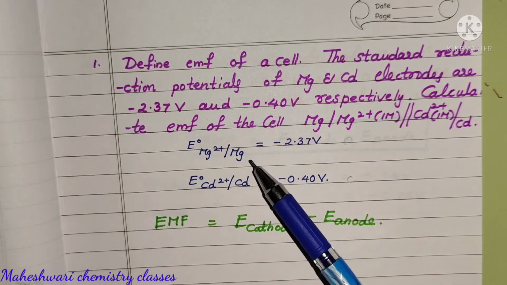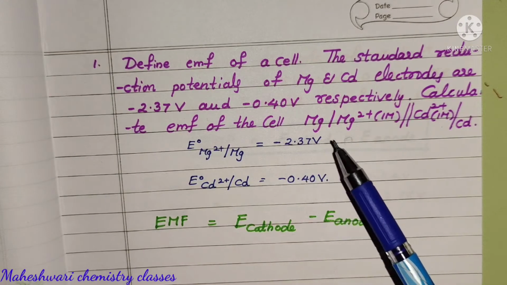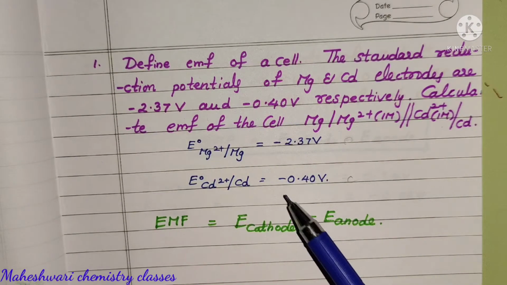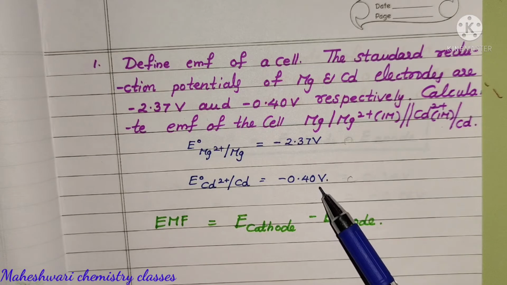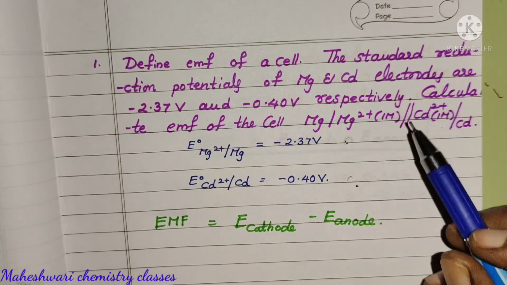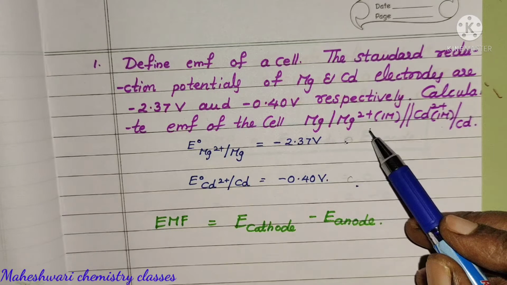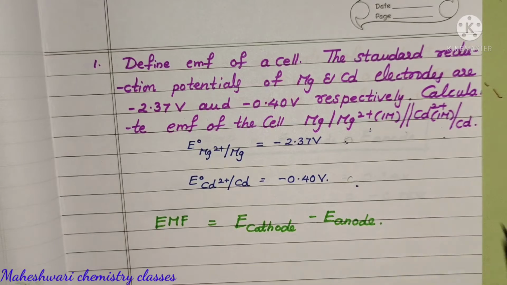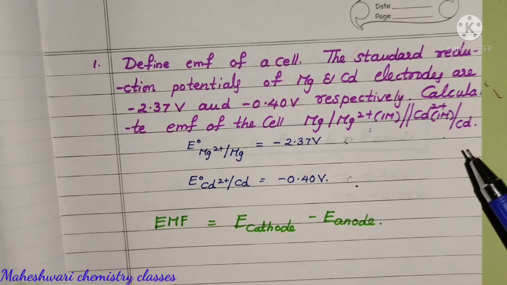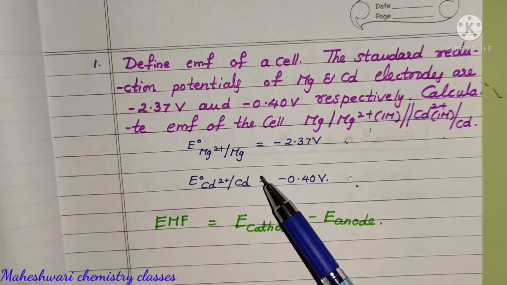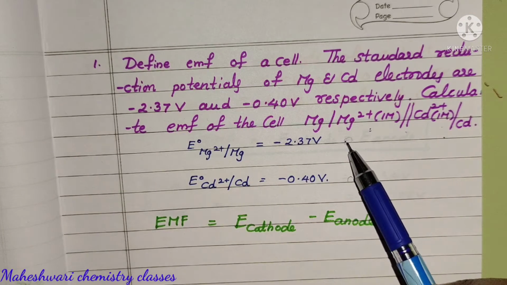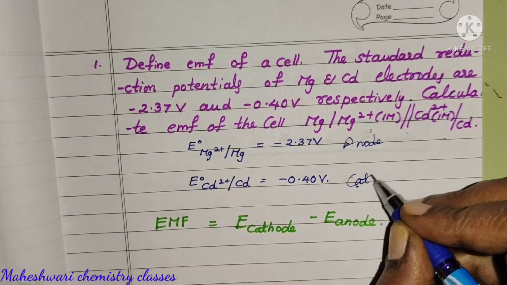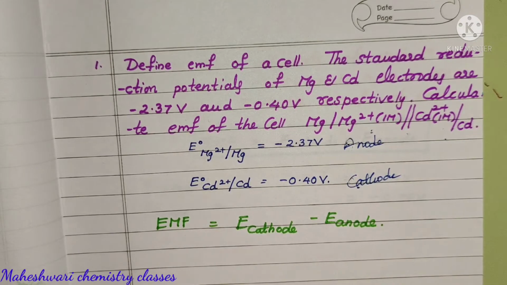Magnesium potential, how much is the value? Minus 2.37 volts. Okay, next, cadmium potential, how much is the value? Minus 0.40 volts. Already it is one of the tricks, the ABC trick, you also know. This is anode, bridge, cathode. Even without the reaction, we have to find out which is anode and which is cathode. At that time you have to remember, where the value is low, that is anode. Where the value is more, that is cathode. Which value? Standard reduction potential value.